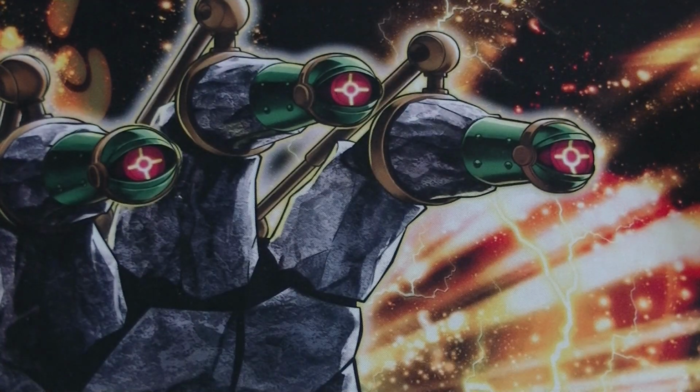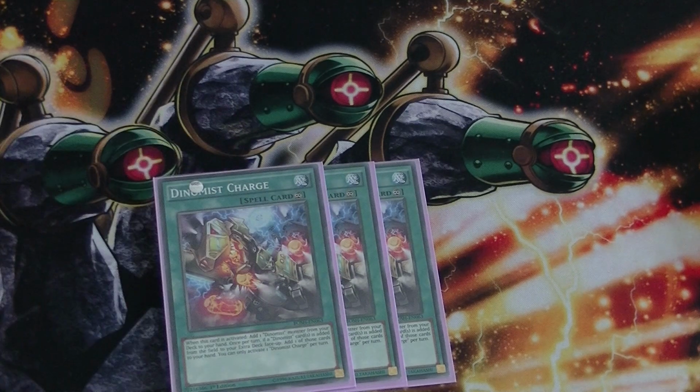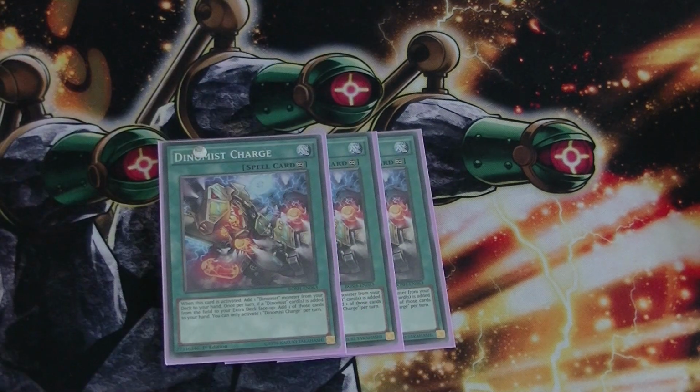Anyway, moving on to spells, I run 3 of the Dinomist Charge. When this card is activated, add 1 Dinomist monster from your deck to your hand. It's basically a 5 formation tanky, but instead of giving your Dinomists 100 attack points, if a Dinomist monster is sent from the field to the